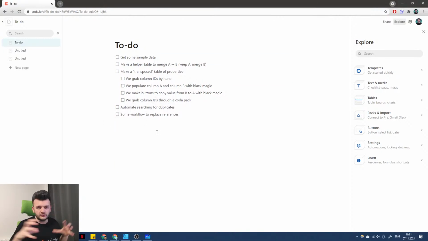So right now we can manually select, okay, merge A and B, but then automate searching for duplicates, and ultimately automatically merge duplicates unless there are conflicts, which can also be done through that interface, or we could try and come up with a formula that will not even populate that interface unless it's absolutely required to do so. So we can maybe calculate that there is no conflict between